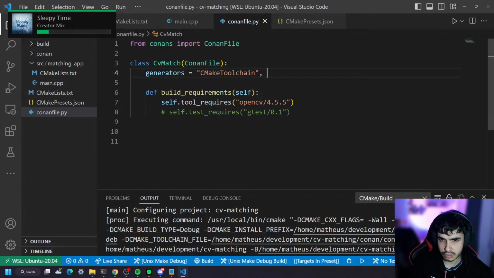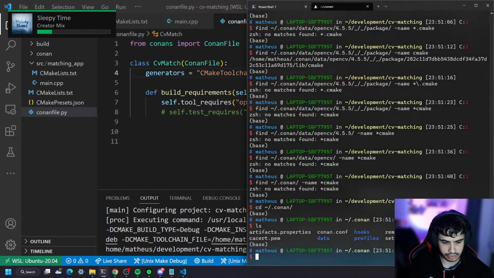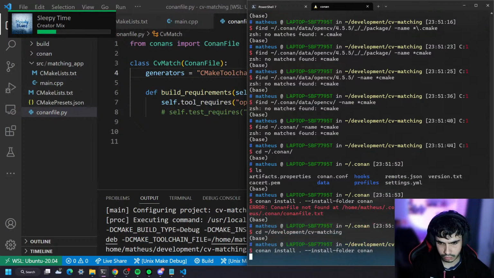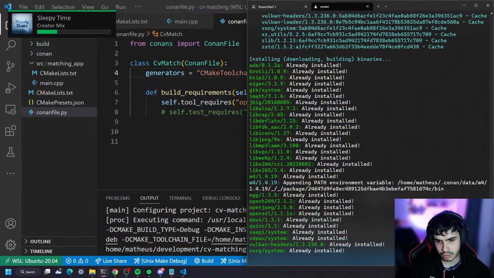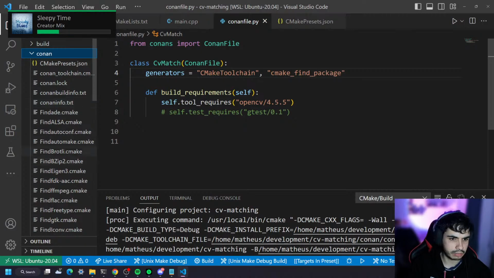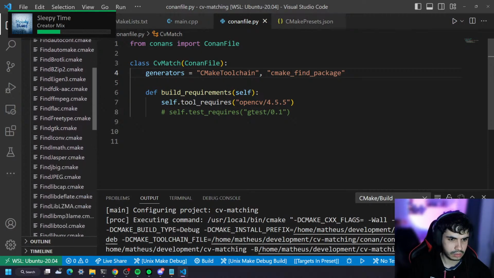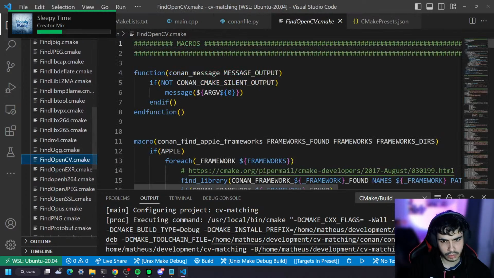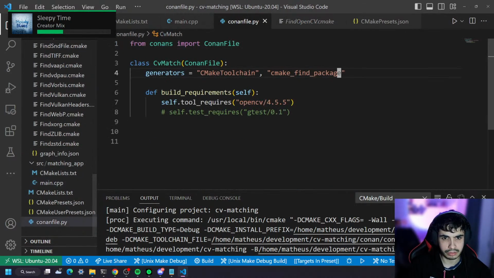Generators, CMake find package as well. And then back in the terminal, we can just say conan install. And we can install again. And now if you look here, we've got find OpenCV right somewhere, which means all we've got to do here is